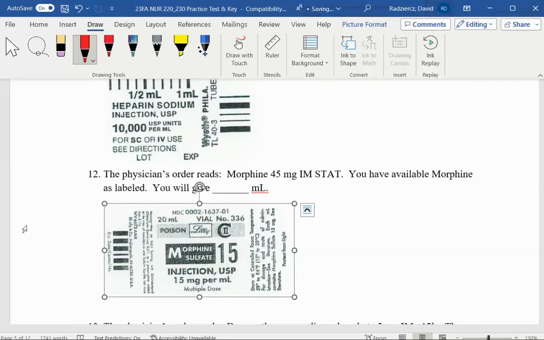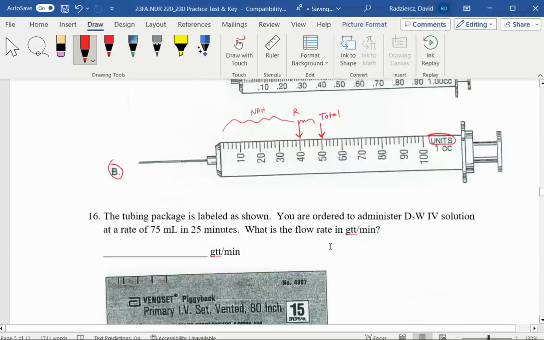So if I'm going to give that, the patient is ordered 45 milligrams, I'm going to withdraw 3 milliliters, and then that's what they're going to receive via intramuscular injection. So you see that all the time, like 10,000 units per milliliter. It gives you the volume. What's different about this